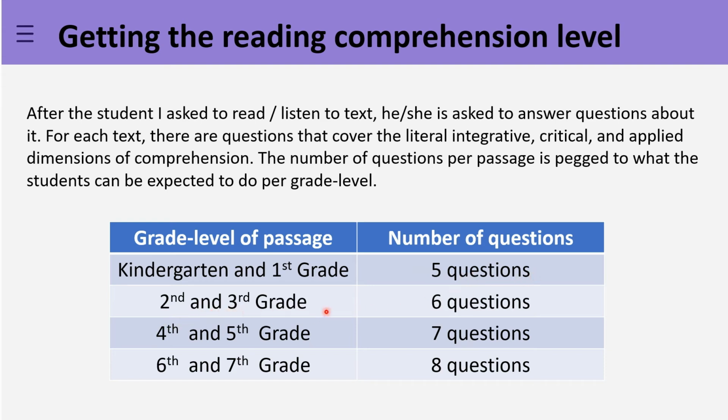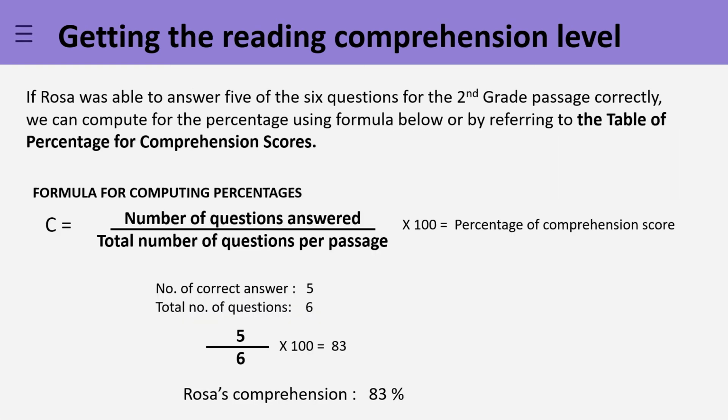Second and third grade, 6 questions. Fourth and fifth grade, 7 questions. And 6th and 7th grade, 8 questions. For example, here we have, if Rosa was able to answer 5 of the 6 questions for the second grade passage correctly,